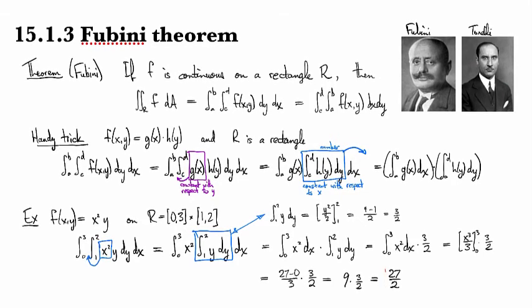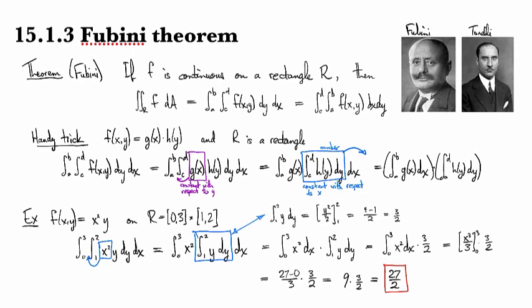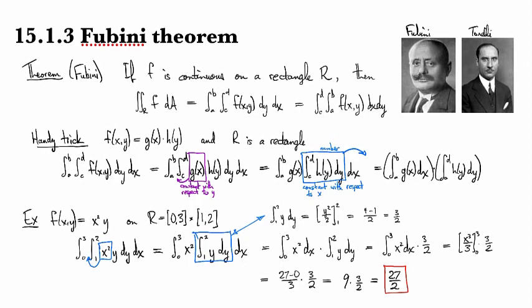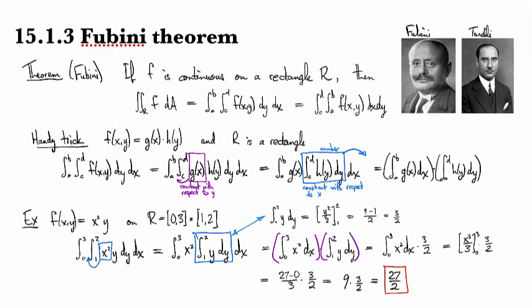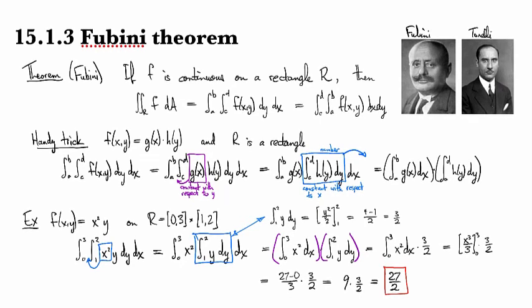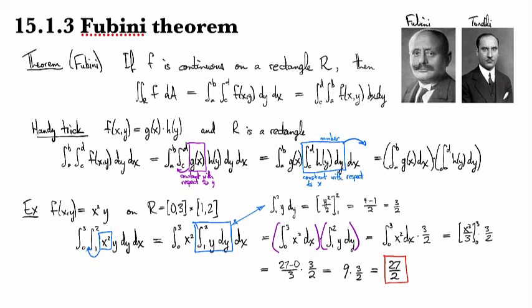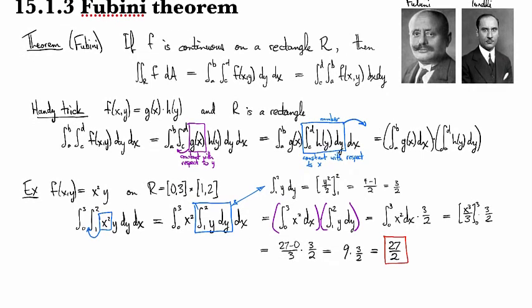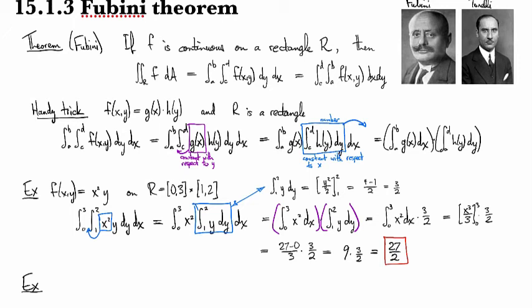Okay, so there's our answer. The point of this was to show you that on the one hand it can be rewritten as just a product of these two integrals, and then also to justify why it works. Alright, so there's one example, and now hopefully that you believe me, I'll do one more quick example